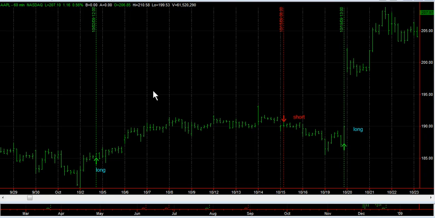Hello, this is Vince from Sniper Day Trading, and what you're looking at is an hourly chart of Apple Computer. This is dating back to early October, and these are the signals that would be generated by my trading method. There are no indicators up on the screen, and the signals here are generated strictly by the trading